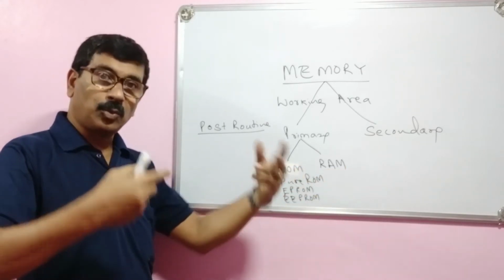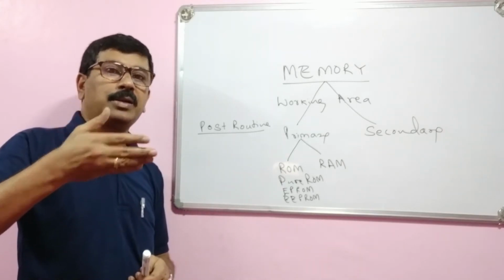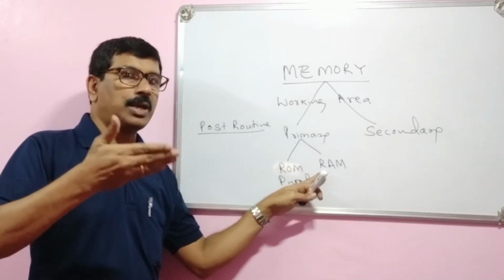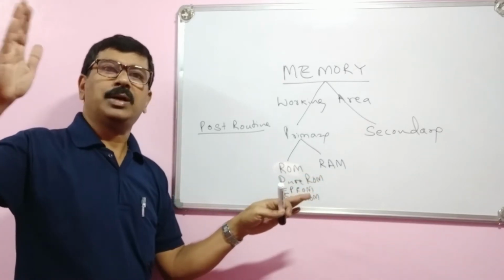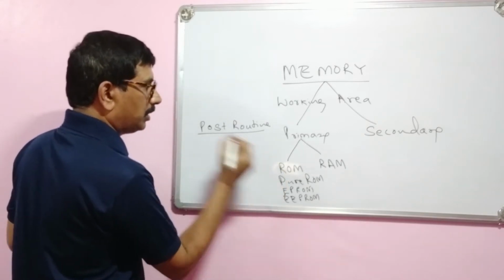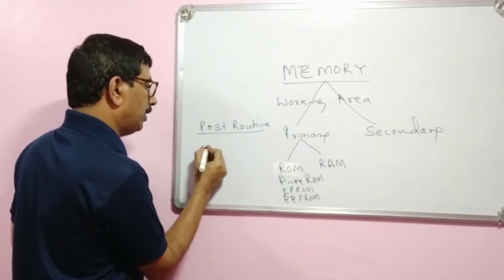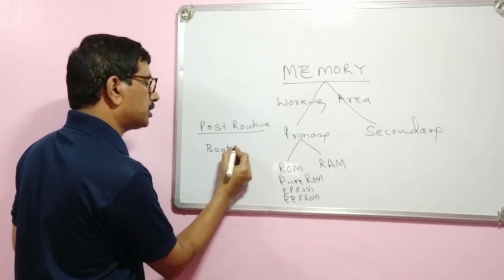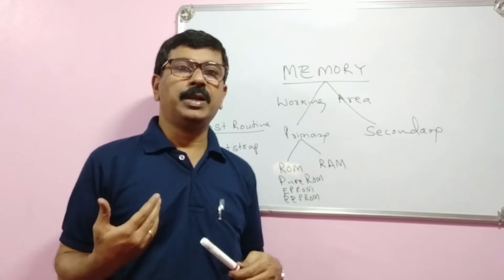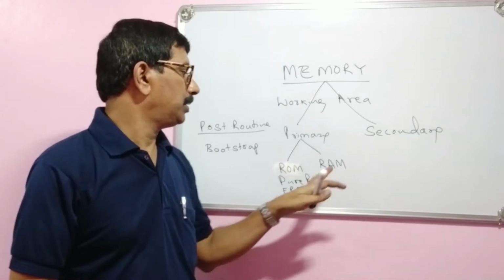In some older machines, when you switch on, it will start counting numbers. Counting the numbers means it starts checking the locations of RAM. If all the locations are correct, then it loads the other things. That means ROM performs two processes: one is the POST routine, and another is loading the operating system, which is called the bootstrap routine. It will load the first part of the operating system into this RAM.